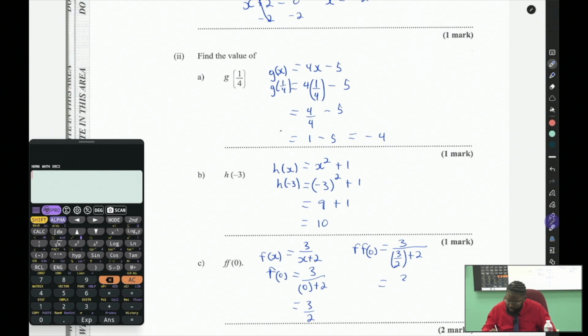So we're going to have 3 over 2 plus 2. If we were to change that to a fraction, it would be 2 over 1. So 2 will become 2 over 1. Let me work it out separately, so there's not much confusion. So 3 over 2 plus 2 over 1